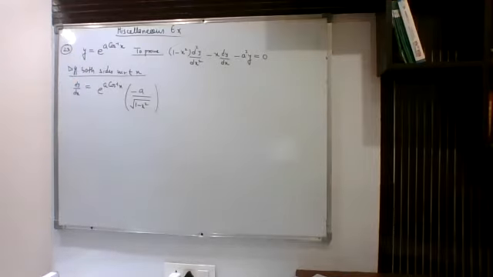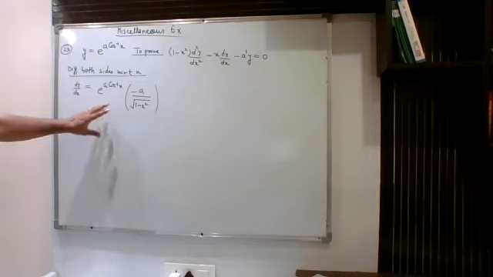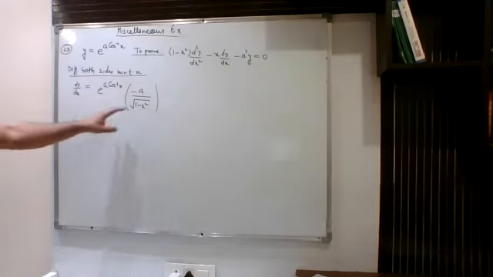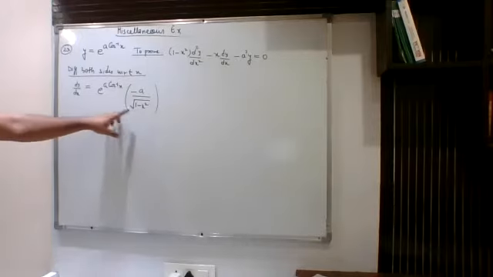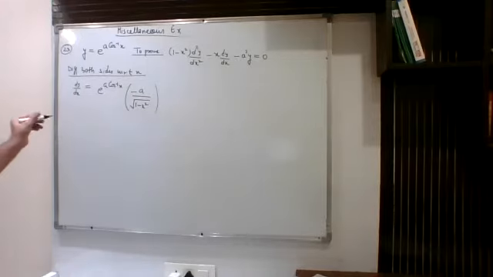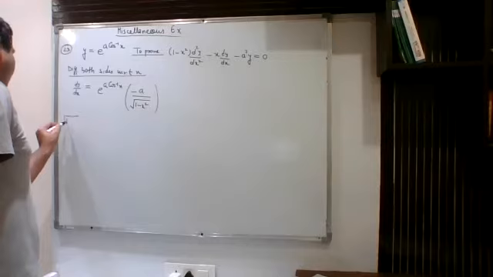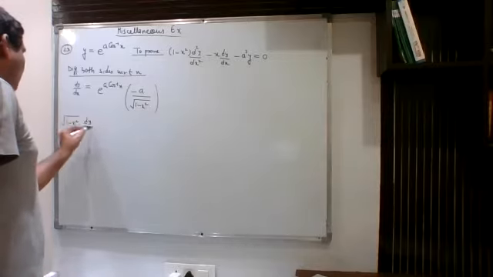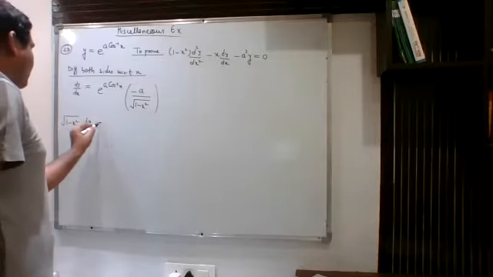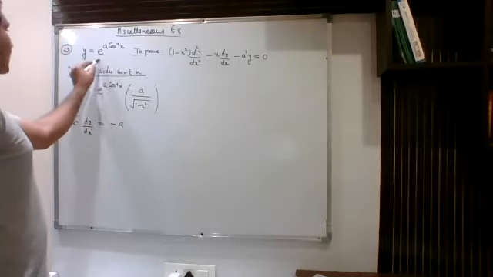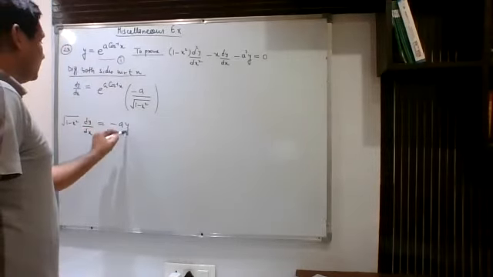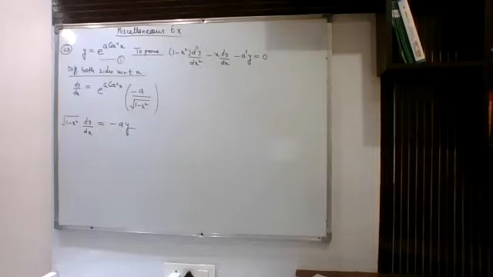Now, before finding the second order derivative, we can simplify this expression further. So how to simplify? We will just cross multiply this expression. When you cross multiply, this is how we can write: under the root of 1 minus x square into dy upon dx can be written as minus a, and if you see this expression, then this can be written as y from number 1. So this is the simplification for this particular question.